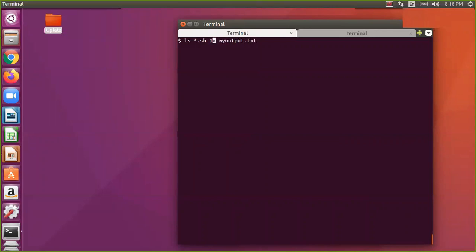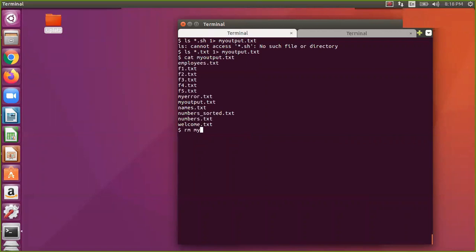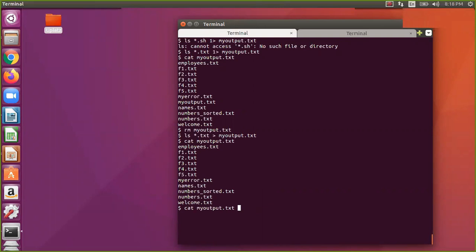Let us check. Sorry, it should be txt, not sh. So ls star txt, my output.txt, it will be redirecting. So if you give 1 or not, both are actually the same. I'll just show it in the two ways. Both are the same.